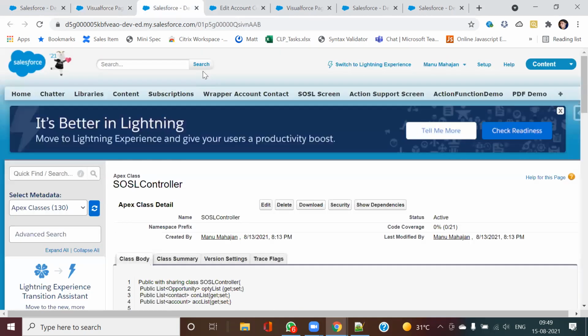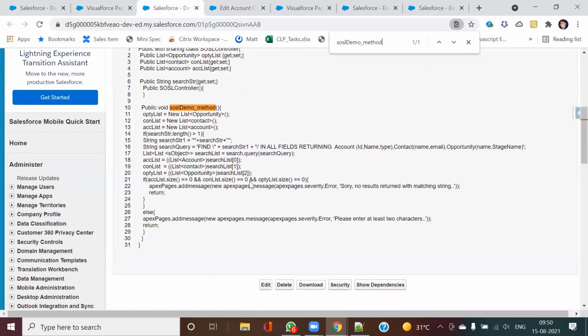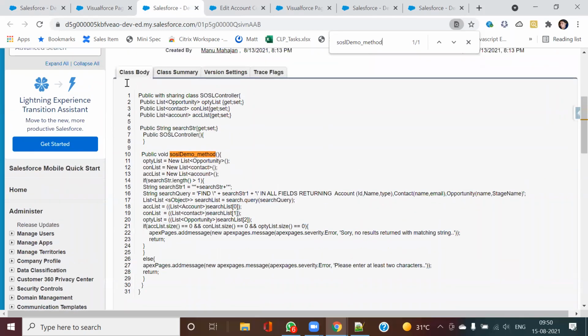Now in case I go to this custom controller, there you will have this. So now here if you see, this is what I was referring to. Here I need to return my opportunities, my contacts, my accounts. So how am I returning those things? This has to be displayed on my UI. So for them, I have my getter and setter. This is my Apex class name. These are the things that I need to return.